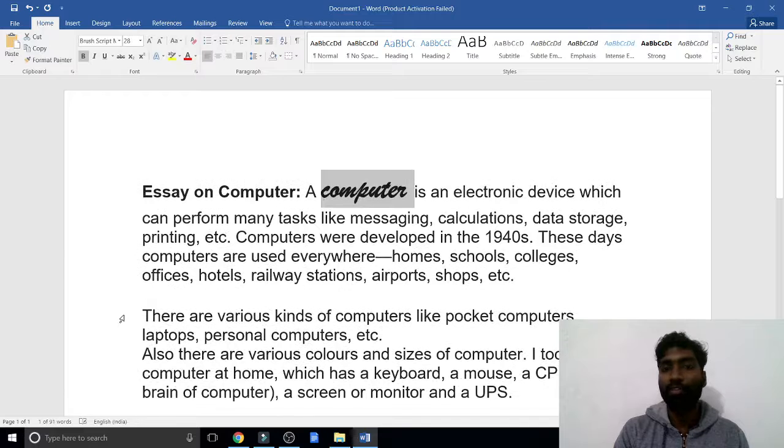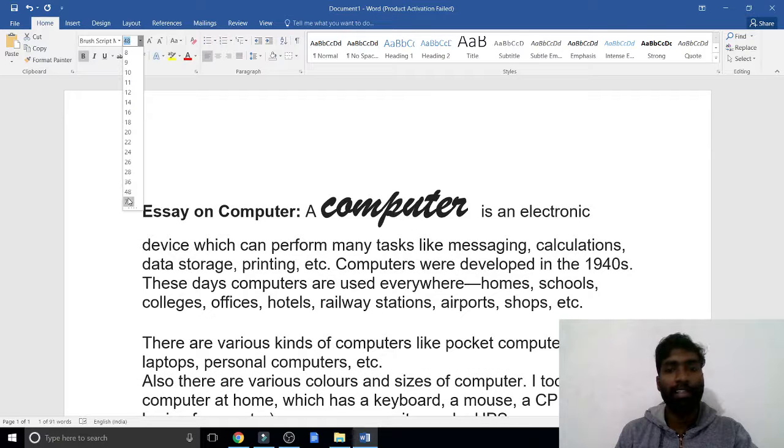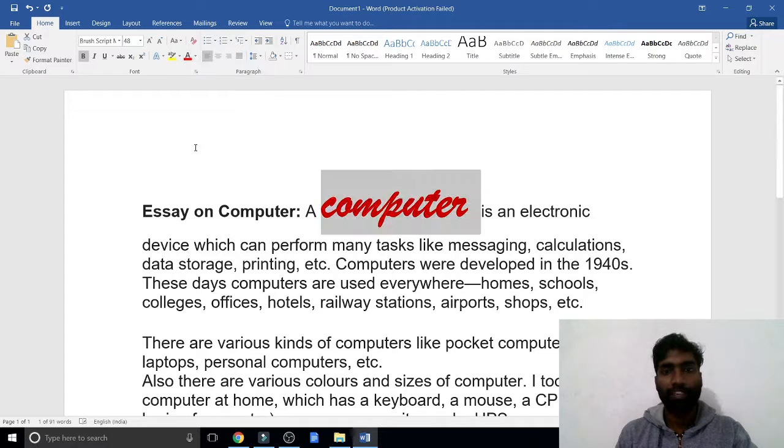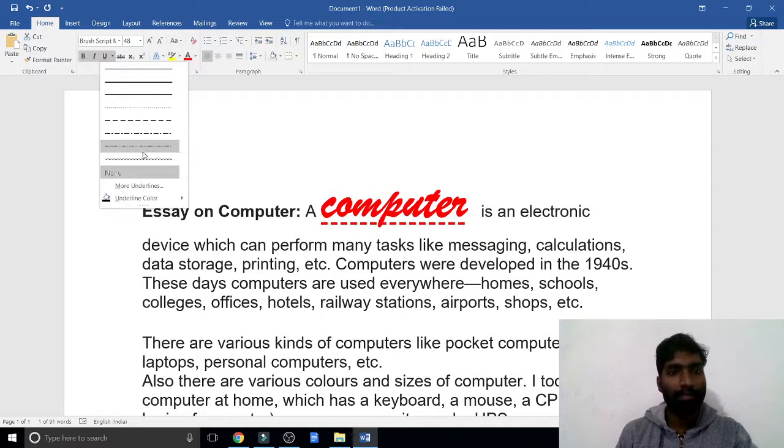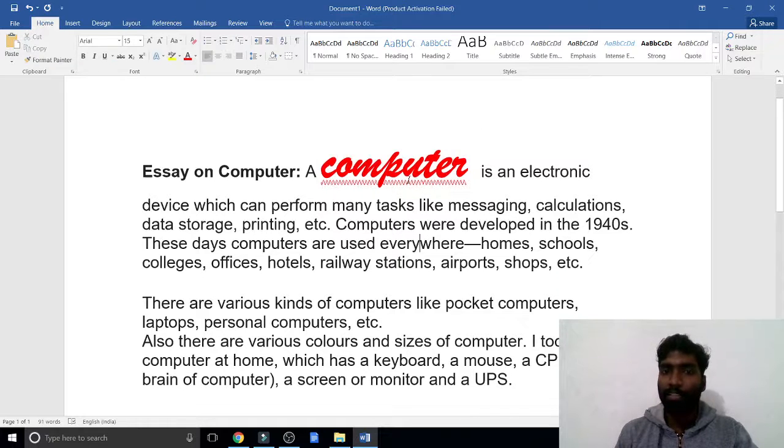The shortcut for increasing font size is Control Shift greater-than. See here, font size is also increased. And red color, bold, italic, underline. Actually, these are the formats I made.